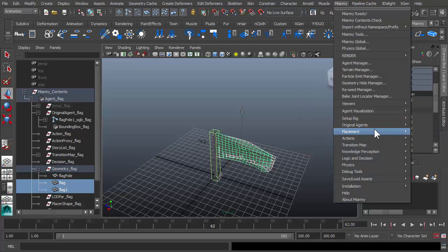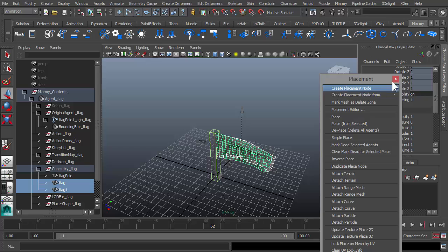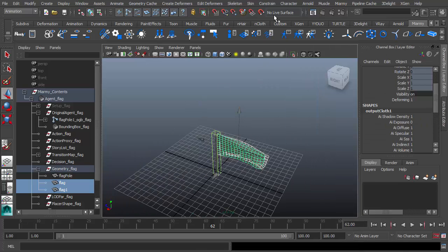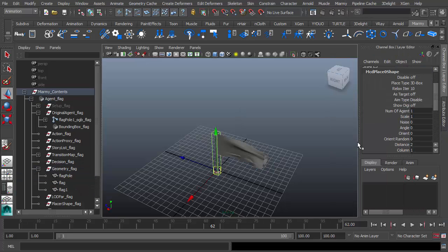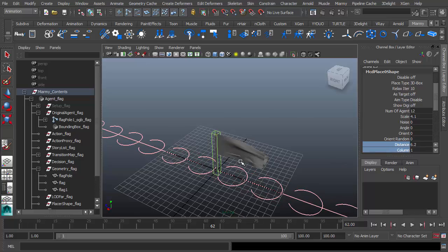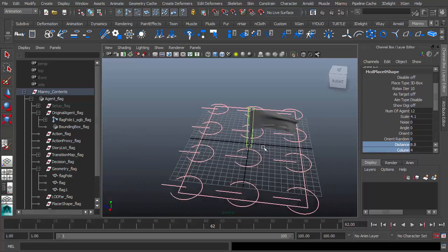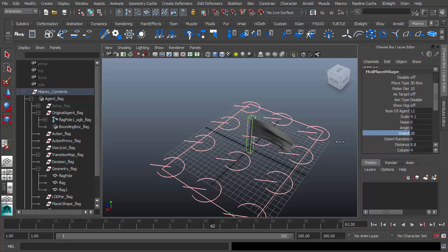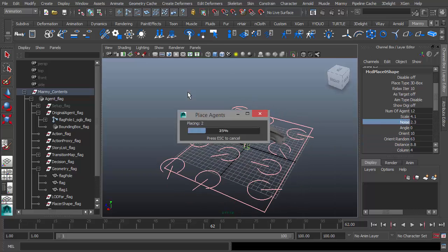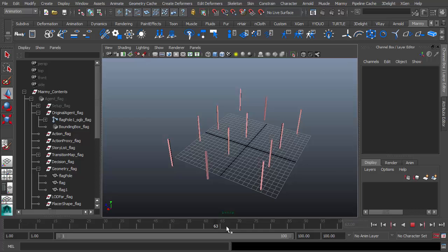Let's create the place, create some agents, and make them bigger and just long distance like this. Okay, and make their orientation random, something like this, and place our agents and export